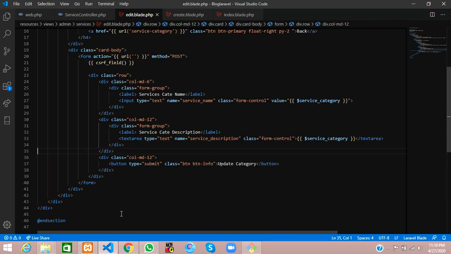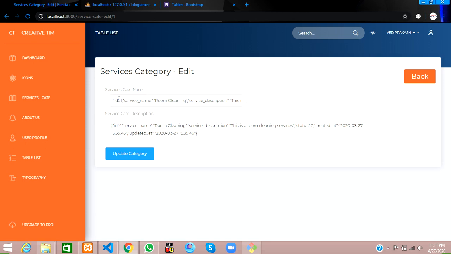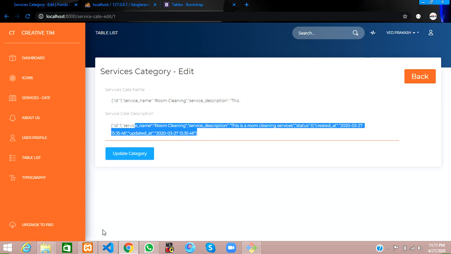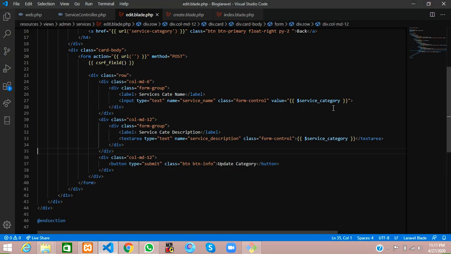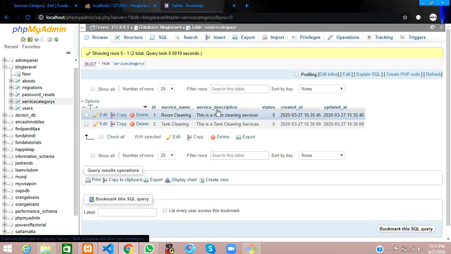So let's save this, reload the page and see if the ID number 1 data comes over here. Here guys, it is coming fully in array format. So what's the issue? Let me check. Okay, you are going to fetch it with their names. That name will be like the table names, that is service name and service description.